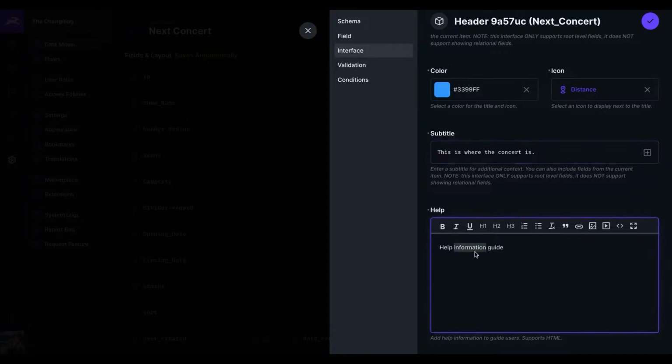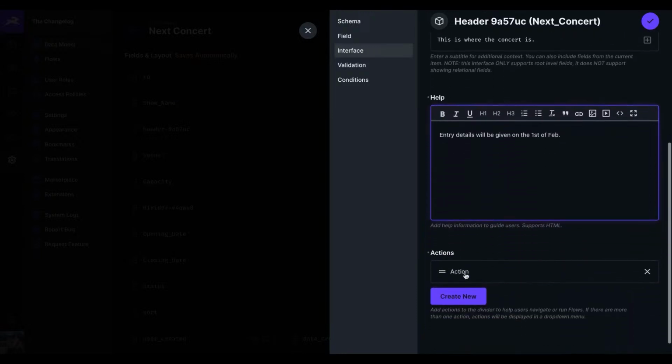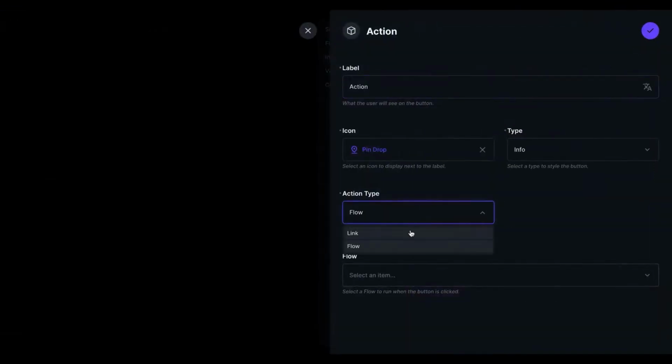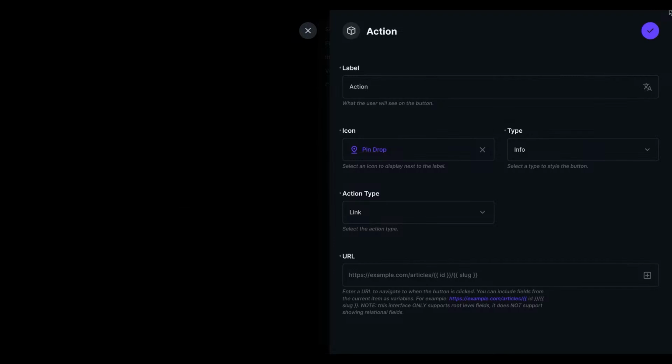And we can add in helpful information to guide users, so entry details will be given on the 1st of Feb. We also have the ability to add the action, and that is a flow or a link. For this, I am going to say that when the button is clicked, I want us to navigate to search